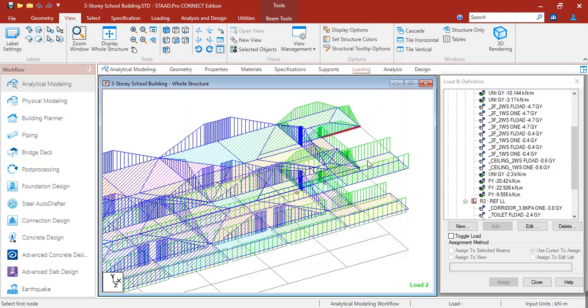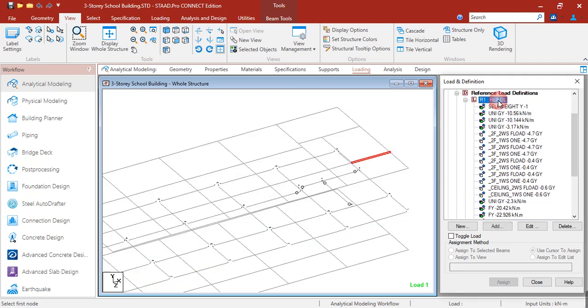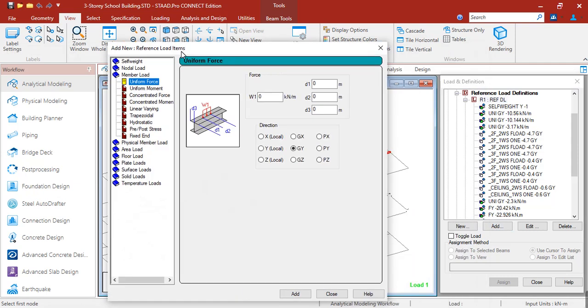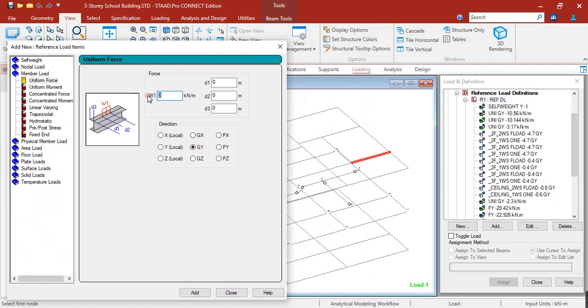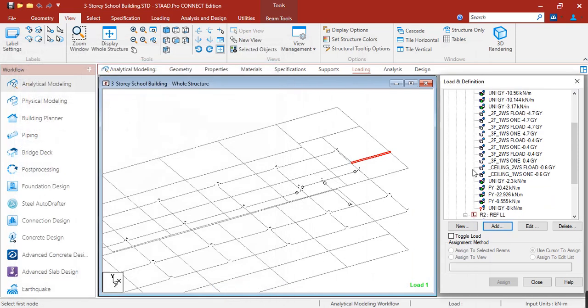So for the dead load, stair dead load, 4 kPa times 2 meters. So that is 8. So let's load it to reference dead load, click add. Then let's select member load for uniform force. This is negative 8. Then click add.